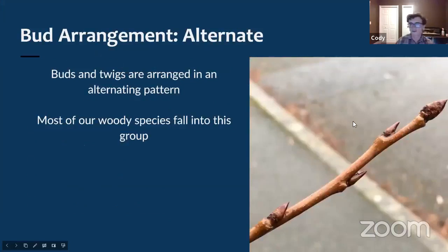So by far the most common branching and bud pattern that you'll see is called alternate. This one is just one bud or one leaf scar or one twig alternating back and forth on the twig. I wish that I could give you a fun acronym. If it's not opposite, it's pretty much everything else, which I know isn't super helpful, but if you are looking at something opposite, you can narrow it down significantly. There's not a whole lot more to say about this. Obviously, it applies to a ton of